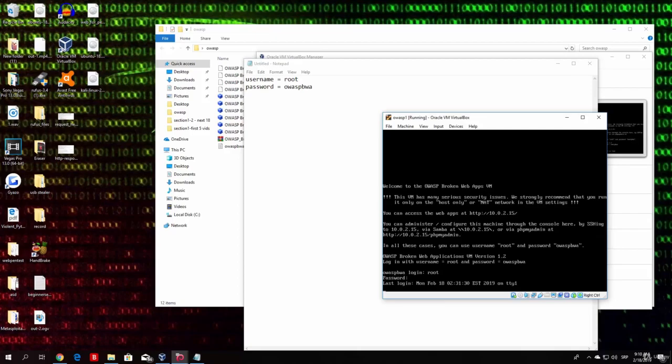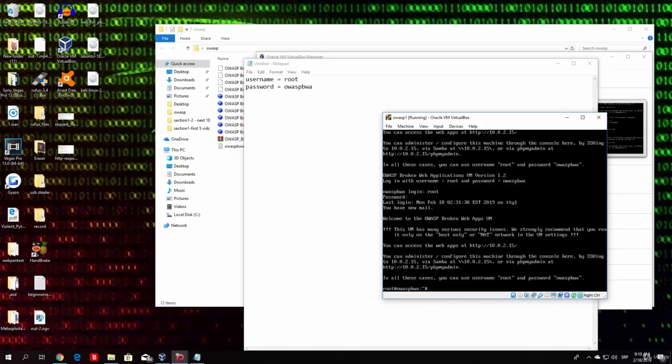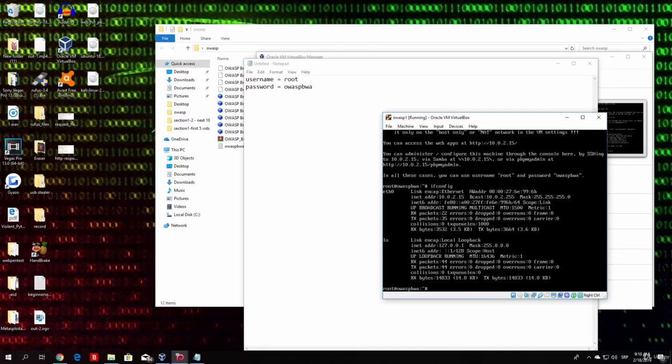And once you do that, it will log into your command line, and the only thing we want to do from here is configure our IP address in order to be a part of our local network. Now be careful if you expose this machine to an untrusted network, as it is a machine full of vulnerabilities. So if you can, just keep it